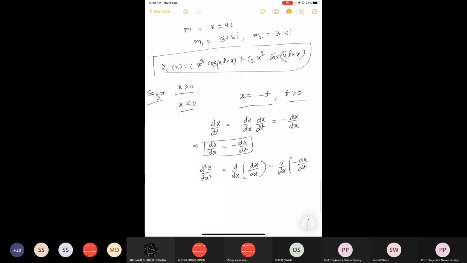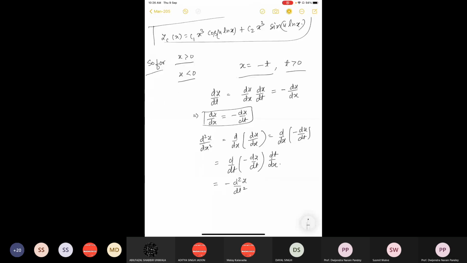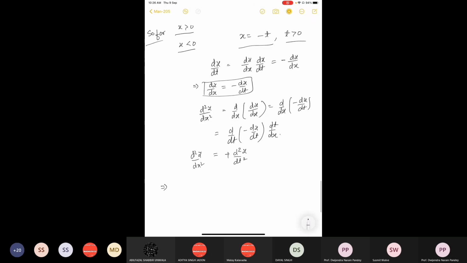Which I am writing as d by dt of minus dy by dt and dt by dx. So it is minus d2y by dt square, and dt by dx is something which is known as minus 1, right? So minus and minus, this will come plus. So d2y by dx square becomes plus d2y by dt square. Is it okay? So it means that I can write the same equation in terms of a new variable,